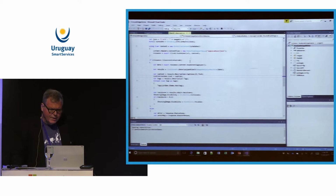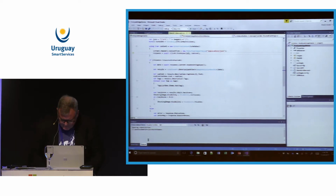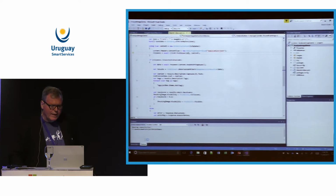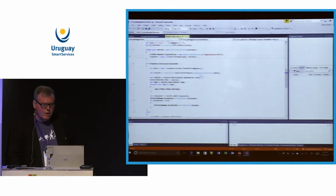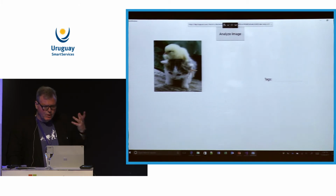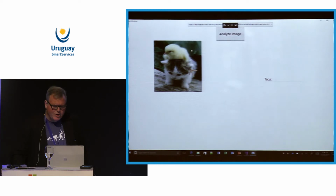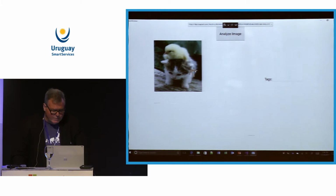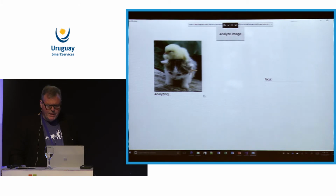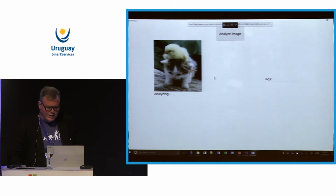And you can see in here what I've got. I'll actually run the app so you can see it. What I've got is a screen with a picture on it, and it's a picture of a kitten because the internet was built on pictures of kittens. And you can change that image by this drop-down list. I put a few sample images in here. And when I click this button, I'll do that in a second, it'll call the web service. I'll do it now. Click, there we go. Analyzing,